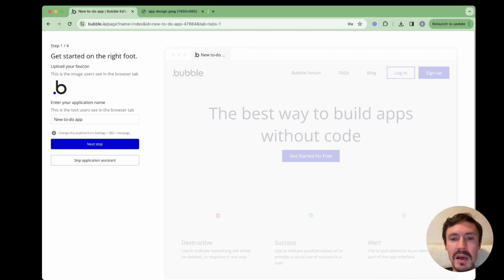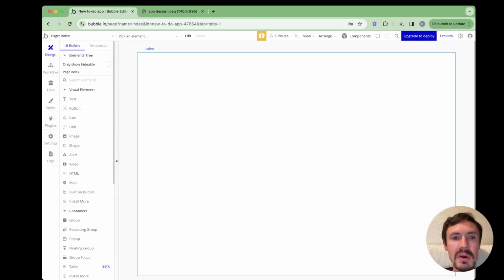So here it suggests that we go through an assistant, through some steps. We won't do it in this case, but later on, if you'd like, you can do that after this, so that you can familiarize yourself with this platform. So for now, I just skip it. Okay, and now